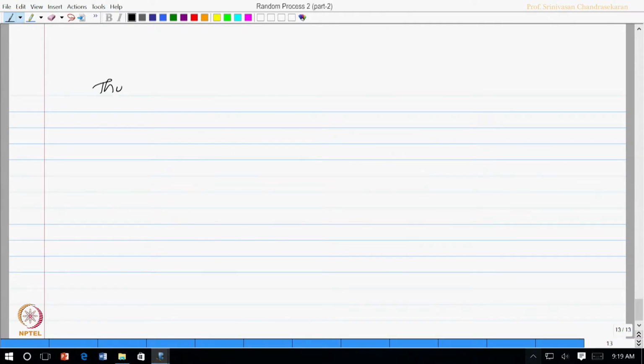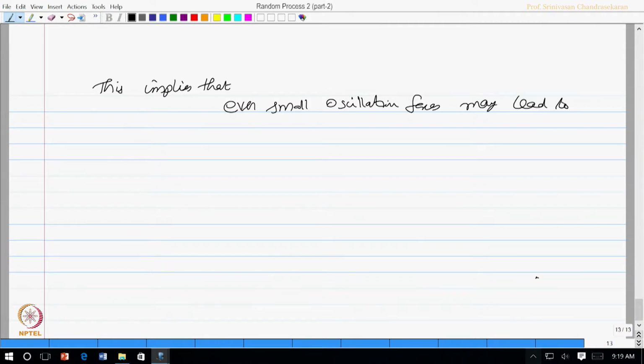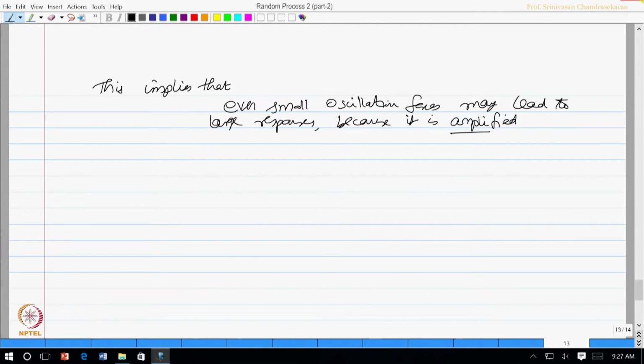This means that even small oscillation forces may lead to large responses, because there is an amplification happening. In such a situation, it is always better to introduce a complex valued function